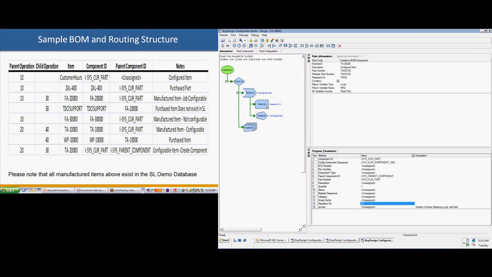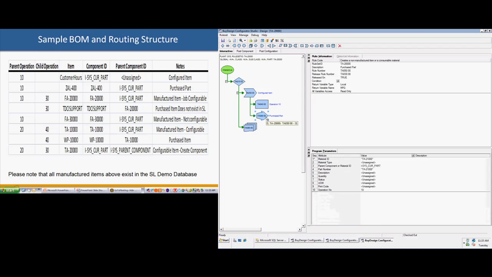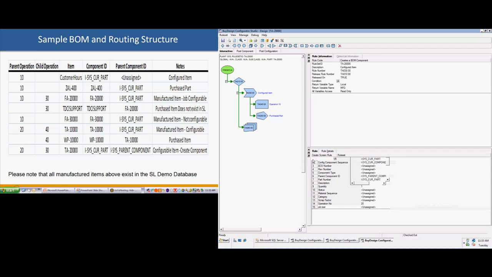Okay, and this has an operation 10 in it. Again, linking it back to that parent BOM component rule, and operation and purchase part TA21000, which I believe exists in Syteline, and it also references that operation for the TA20000. I've also put a screen rule in here just to show you how these rules are